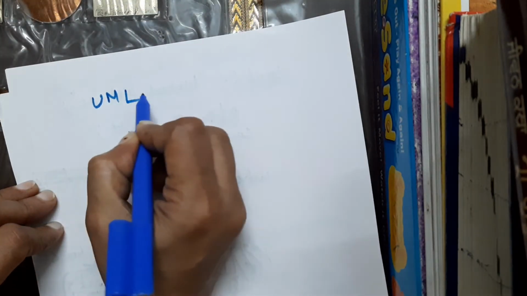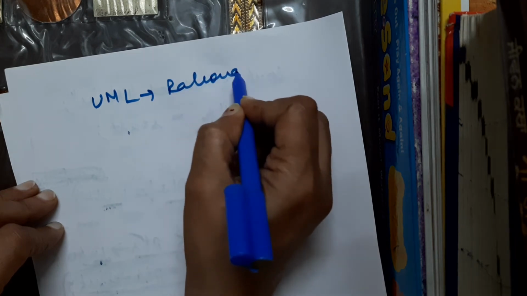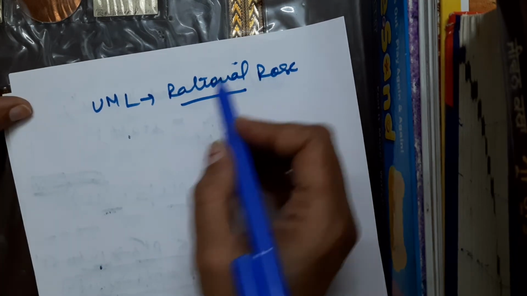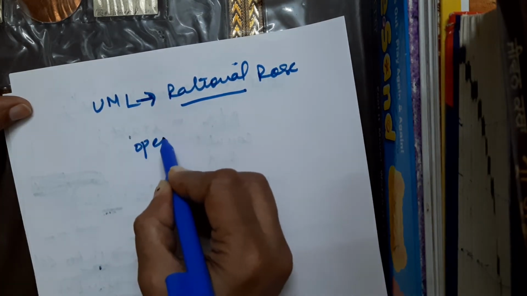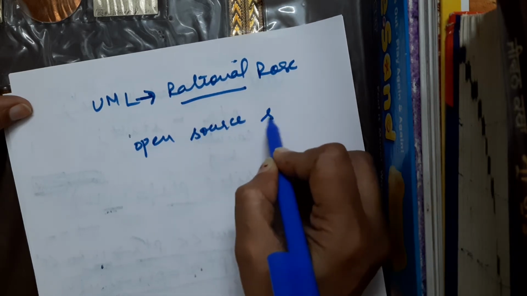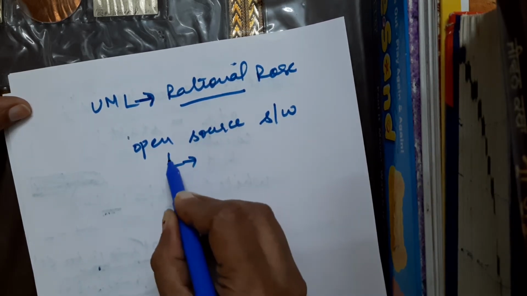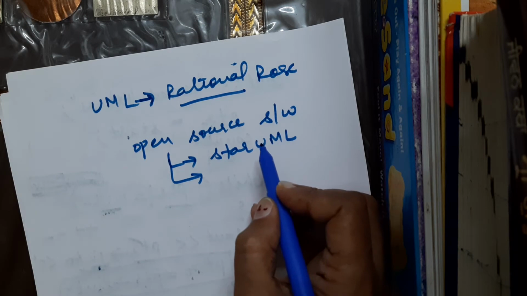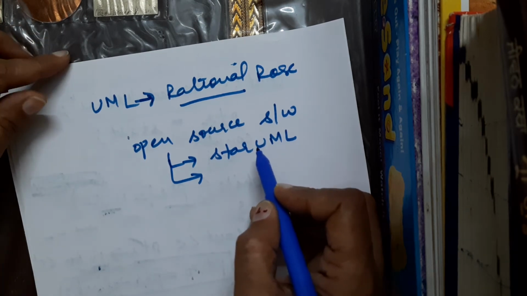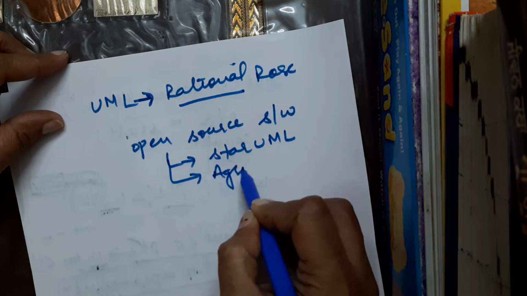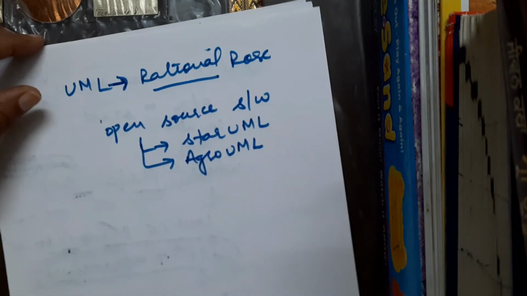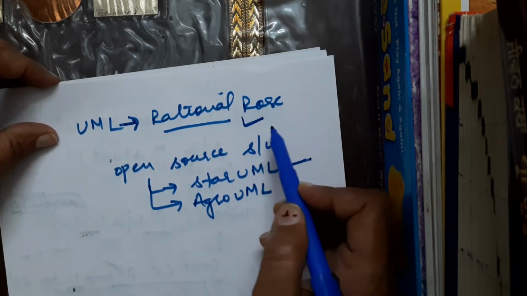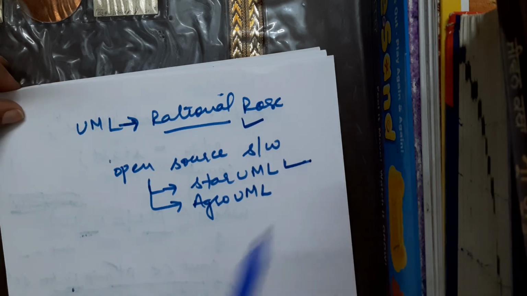There is a paid software known as Rational Rose, which is the actual implementation of UML. But nowadays we have open source software as well. You can try on your own. Those are freely available. StarUML is the easiest among all, and you can easily install it on your laptop, and you can implement UML diagrams. Then ArgoUML is one. There are a number of software, but these are very easily available. Or some people use a crack of Rational Rose to implement UML.